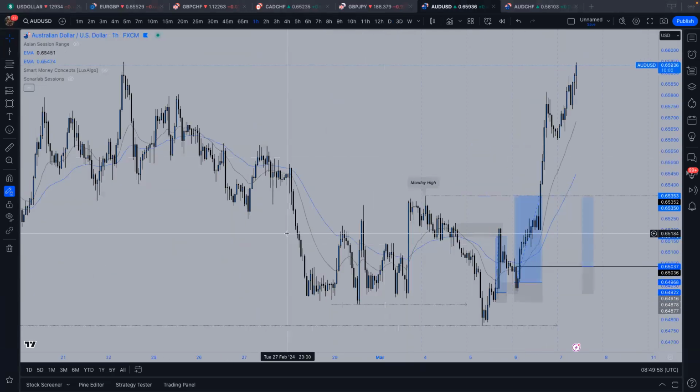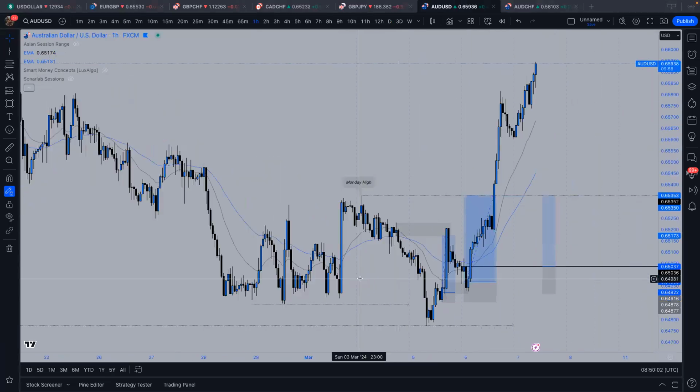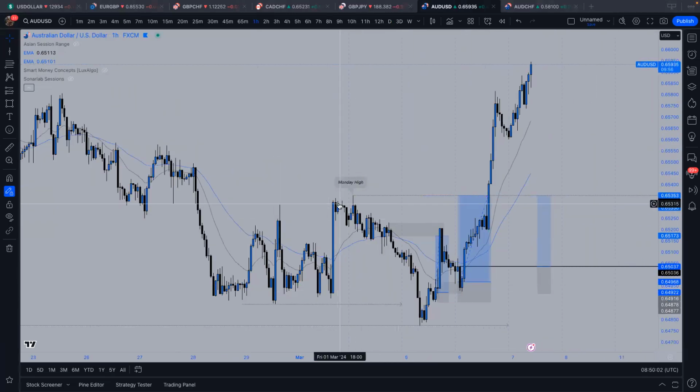Monday or last week, we created a lot of these lows, and then we had some big news on the Friday. And then after going into Sunday, Monday, going into Tuesday, we really just rolled over. So now for me personally, if I ever see price rolling over like this, I usually like to see price trade back through it. So what did we do?